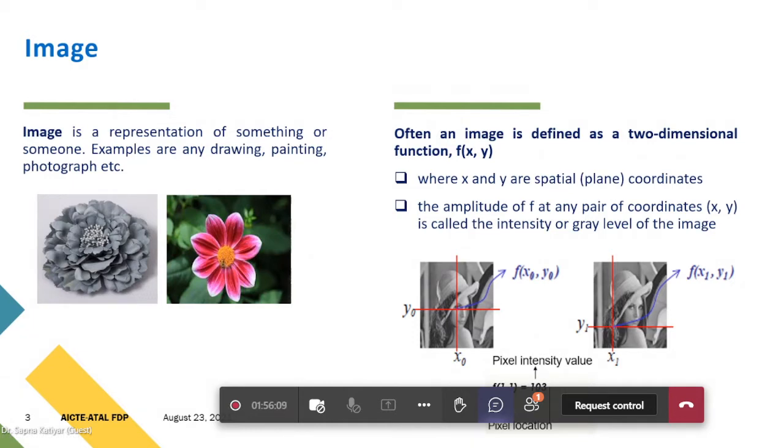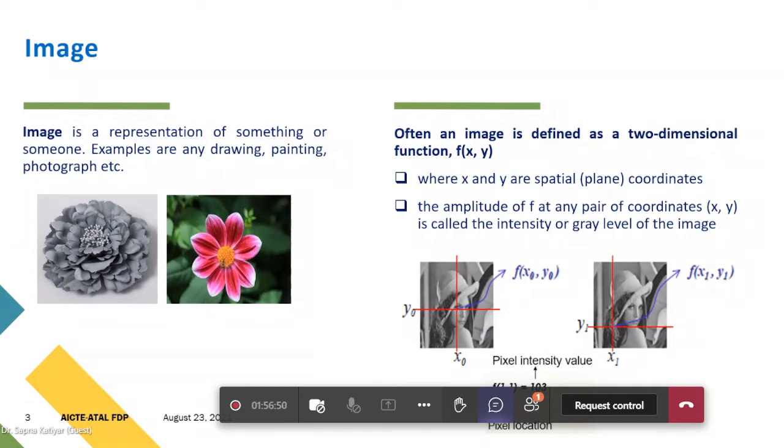So what you can observe over here, you can see in this particular image, in the color image itself, there is a variation of the colors. At some places you can find some light shades, at some places some dark shades. So that is what actually the variations. Even in the case of the black and white images also, you can observe there is a variation, and that variation will give you the intensity or the gray level.